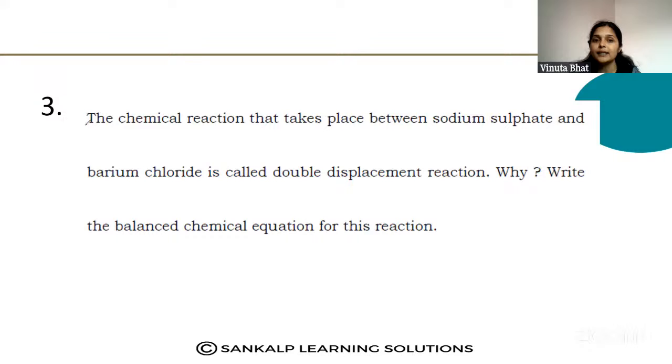Question. The chemical reaction that takes place between sodium sulfate and barium chloride is called double displacement reaction. Why? Okay. The reaction between sodium sulfate and barium chloride is called double displacement reaction. Write the balanced chemical equation for this reaction. Here, sodium sulfate and barium chloride. Sodium sulfate, Na2SO4,